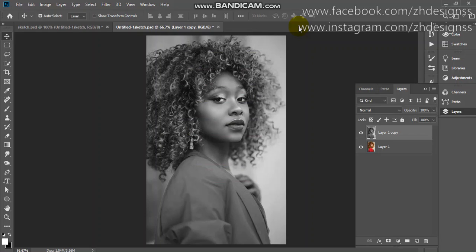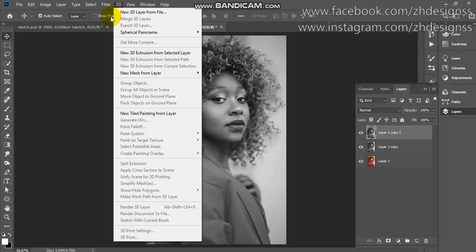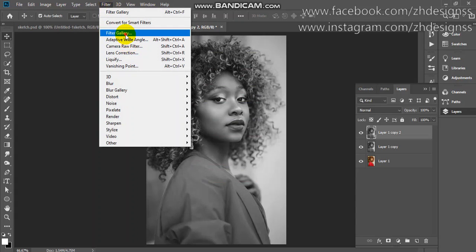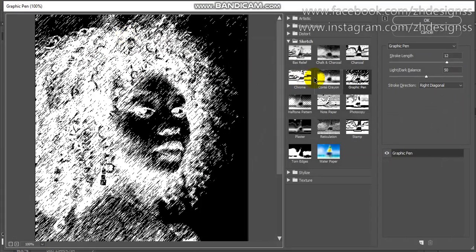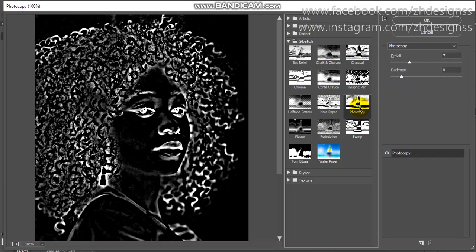Now you need to take a copy of your layer. The first step is to go to Filters and choose Filter Gallery. Under the Sketch folder there is a filter called Photocopy, and we are going to use this one.